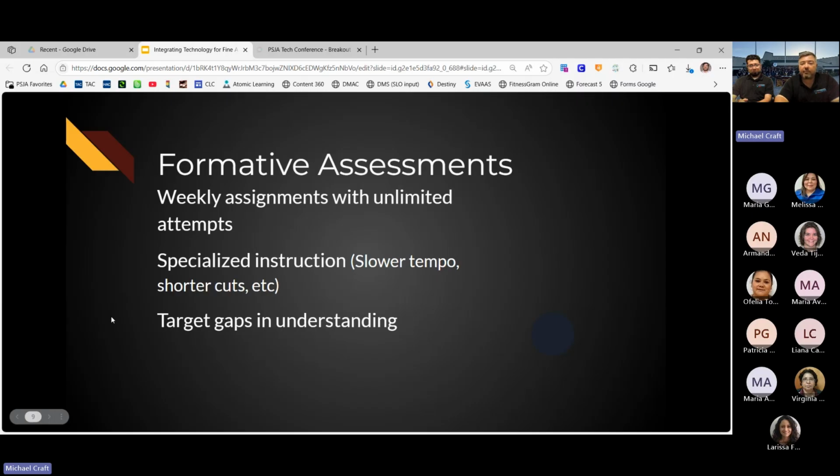We target their gaps in understanding. So as they get to a goal, let's say it's a 6-week goal, we want to know where they want to be at the halfway point and how we want to take steps towards that. We're using it the same way to learn their all-region music this fall. You have to just fragment it.